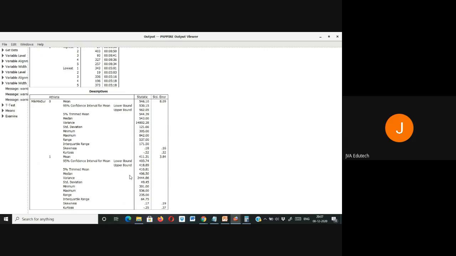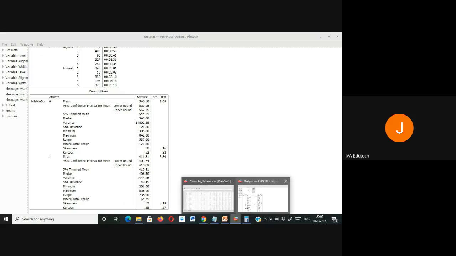Based on the mean value, standard deviation, and variance, the mean value of the time is high in non-athletes, the standard deviation is also high, the variance is also high as compared to athletes. So overall, there exists a difference. We'll check the significance later on. There exists a difference, and this difference is that athletes take less time to run a mile as compared to non-athletes. Now, whether this difference is significant, to check that,